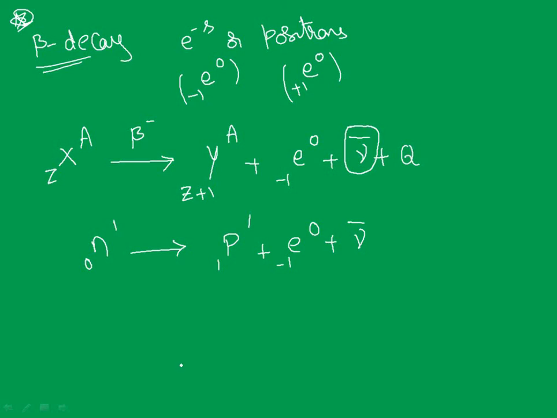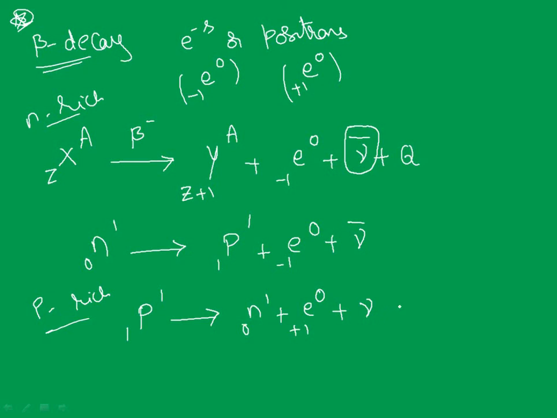Right. Now let's look at positive beta decay. What kind of nucleus do we have to consider here? Proton rich. That was neutron rich, N rich. Now we have to speak about P rich, proton rich. For such a nucleus, what happens here? A proton is transformed into a neutron and a positron with emission of neutrino. Look here, there the neutron was converted; now here the proton will be converted into a neutron along with a positron, releasing a particle called neutrino, nu, and of course energy.